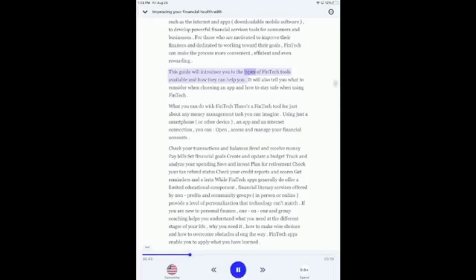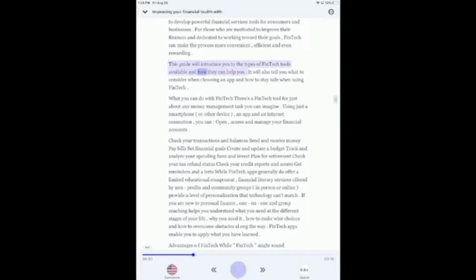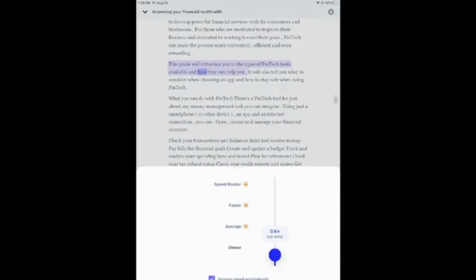Guide will introduce you to the types of FinTech tools available,